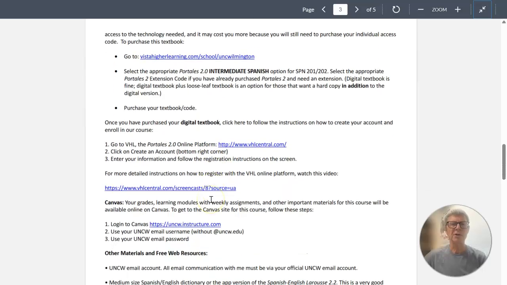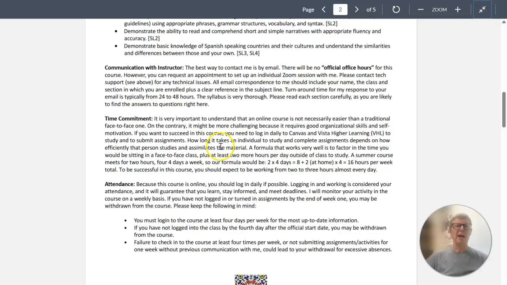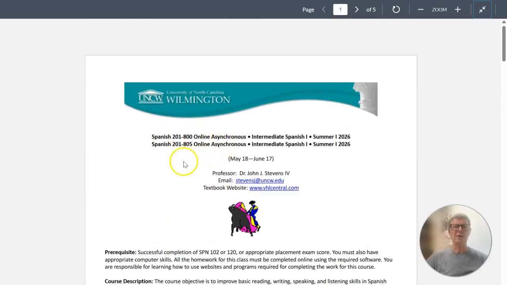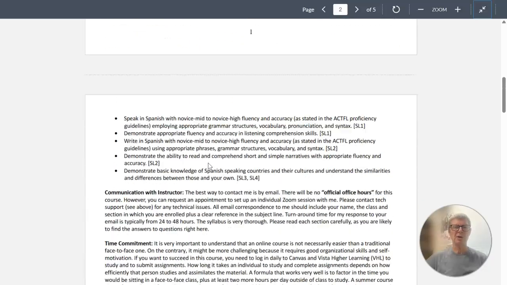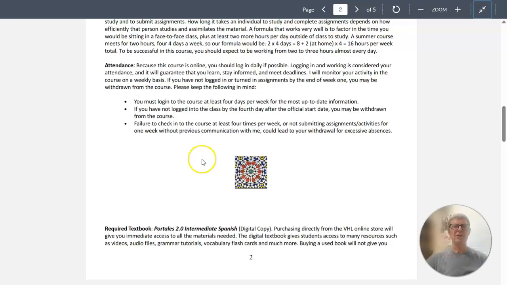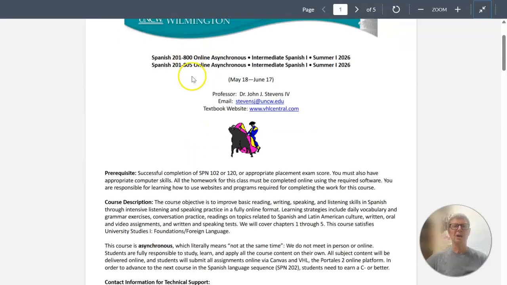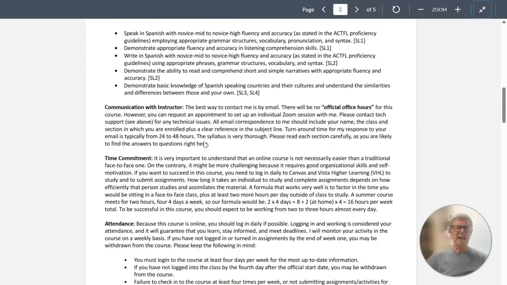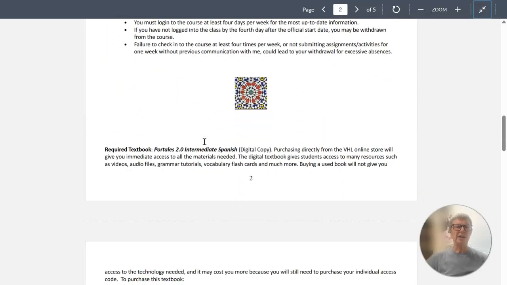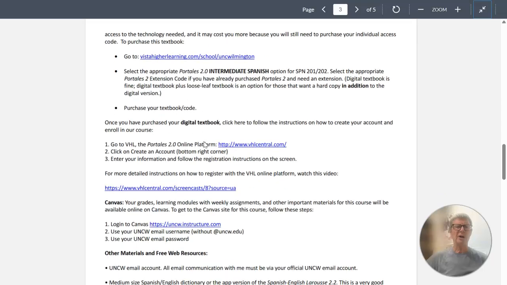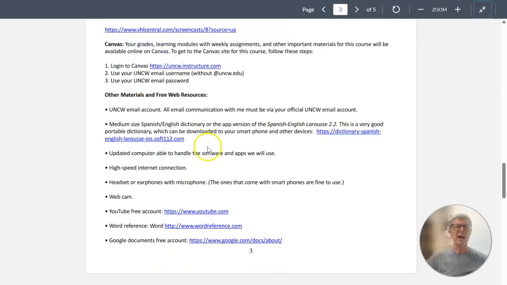And once you've purchased your materials, you need to enroll in your particular section of 201. And notice how here we've got two going, so 800 and 805. So if you can remember which section you're in, it would be a lot easier. So it's all intuitive, and you'll see when you go on to the VHL website that you can choose 800 or the 805. And again, this is all your vital information. We can always refer back to it.